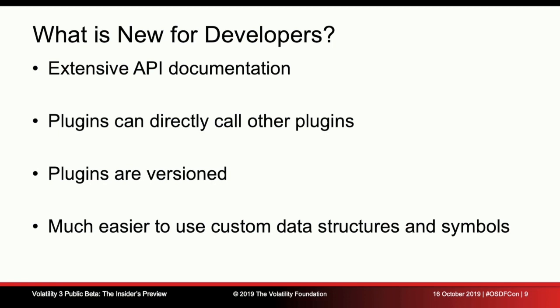So we've actually got documentation, and it's documentation generated from the Python code itself. So there's a read the docs page. It's got a few pages on how to convert Volatility 2 plugins to Volatility 3 plugins, and then it's got the entire API for all the interfaces, because we've provided interfaces this time. So now you can see, oh, I don't have to care about this particular object or that particular object. As long as it inherits from the object interface, everything's fine. And plugins have interfaces. All the components have their own little interfaces, so you can see exactly what they need to implement, what's supported and what isn't, what things you can do on there.